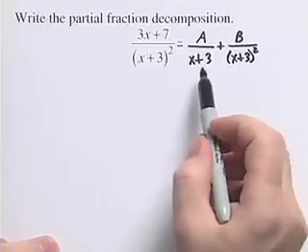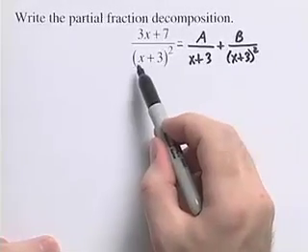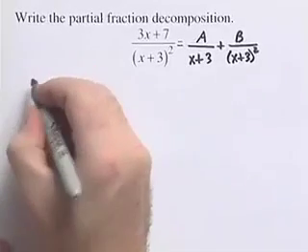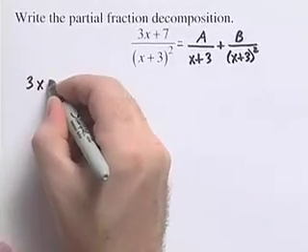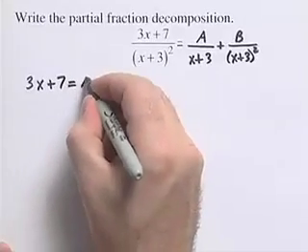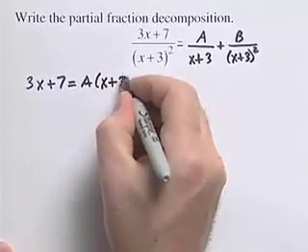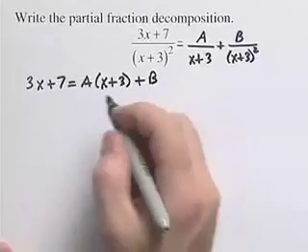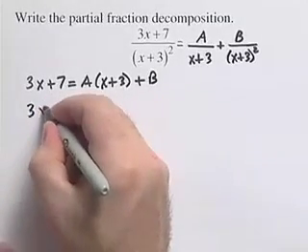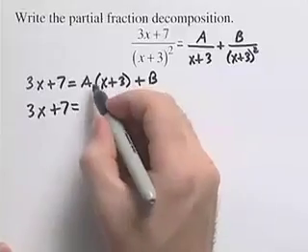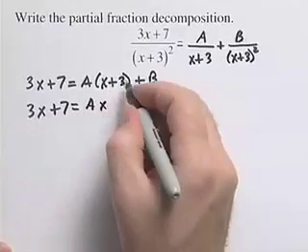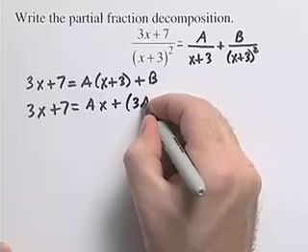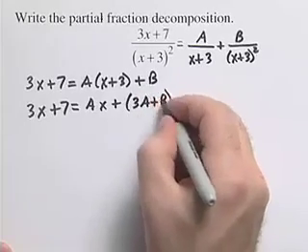We want to clear the fractions. We're going to multiply both sides of this equation by x plus 3 quantity squared. If we do that, we end up with the identity 3x plus 7 equals A times x plus 3 plus B. We want to clean this right-hand side up just a little bit. 3x plus 7, we're going to get Ax, and we're going to have 3A plus B, and we're going to group that together